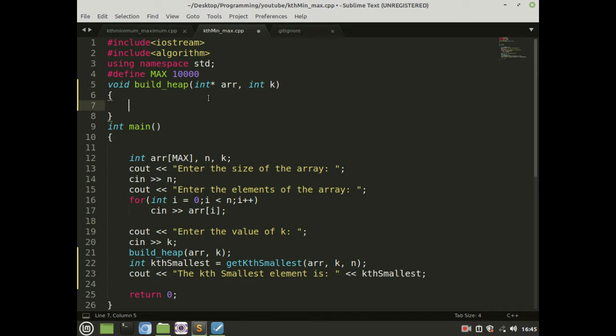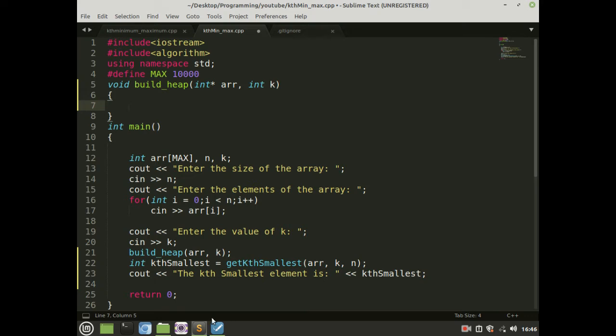After that, inside this function, we will apply heapify on all the parent nodes of our heap tree. The purpose of this build heap function is just to apply heapify on all the parent nodes of our heap tree, starting from the last parent node. So who are the parent nodes? Every non-leaf node in our tree is a parent node.